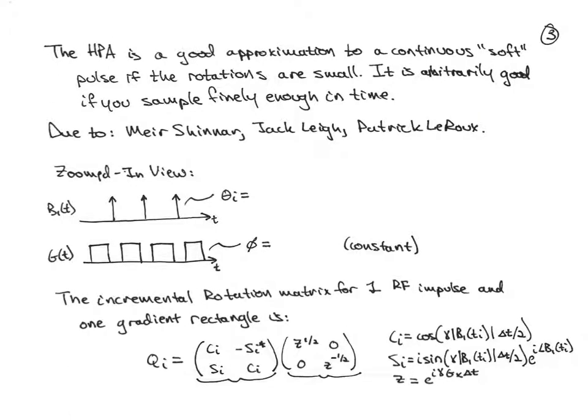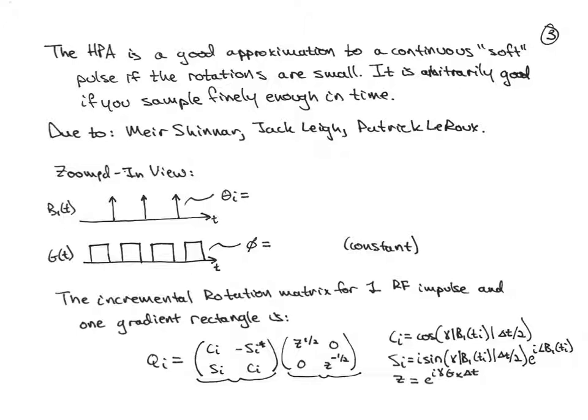Now the hard pulse approximation is a good approximation to a continuous soft pulse if the rotations are small. That is, if we use small enough delta time steps between the pulses. It is arbitrarily good if you sample finely enough in time. It was first introduced by Mayer, Chenard, Jacquelet, and Patrick Larue. So we can take a zoomed in view of this, and we say then that theta sub i, the rotations